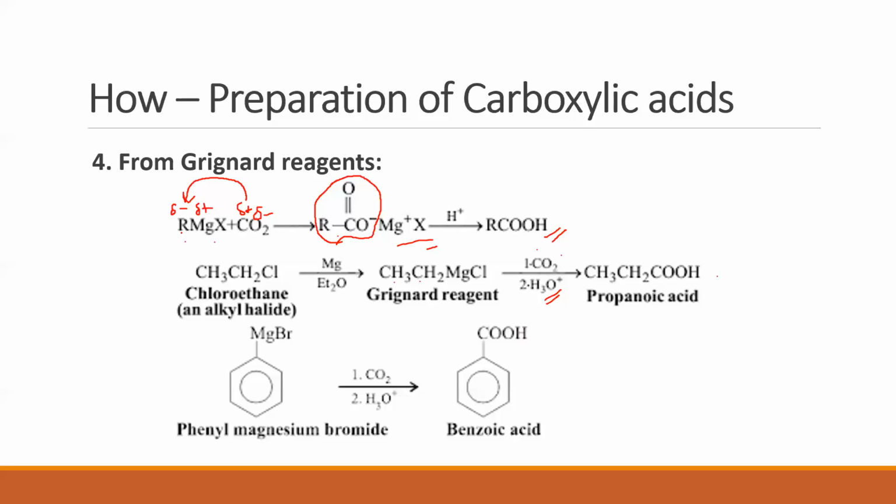Now this is a classic example of ascent of series because initially, say if I have two carbons here, the final carboxylic acid will have more number of carbon atoms than the starting Grignard reagent. So this is preparation of benzoic acid from phenyl magnesium bromide. Same thing, two steps. First step, when carbon dioxide is added, you get an adduct. The second step, acid hydrolysis, will give us benzoic acid. Clear? All right.